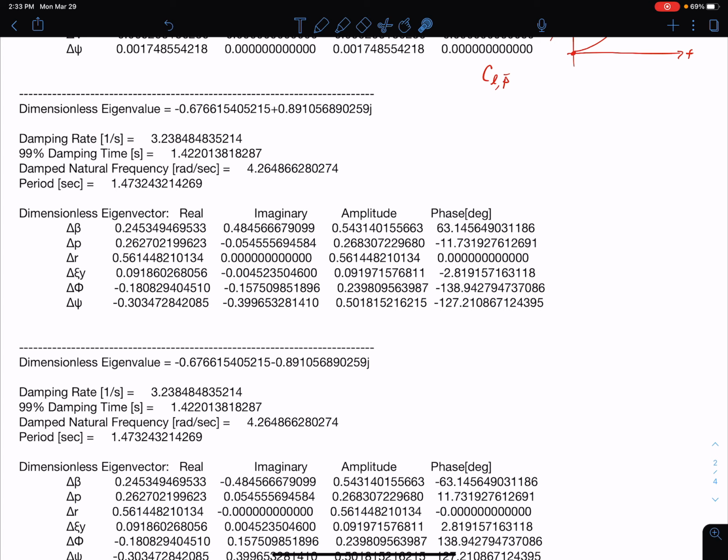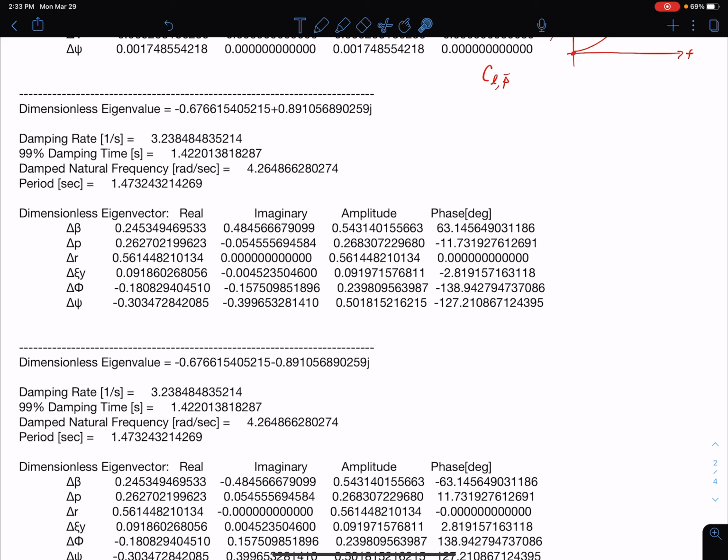And now let's look at the components of what's happening in this mode. We can look at this eigenvector and look at the relative amplitudes of each of these and the phase. And actually, the thing that stands out about this mode, now this mode is called the Dutch roll mode, is that it has noticeable components of basically all of the parameters. So if we look at P and R, for example, those are comparable parameters. We've got a 0.5 and a 0.2. So, one's twice as large as the other, but actually the other is not insignificant, right?